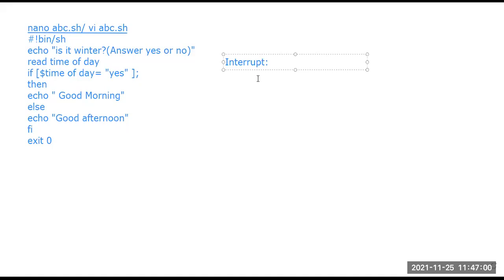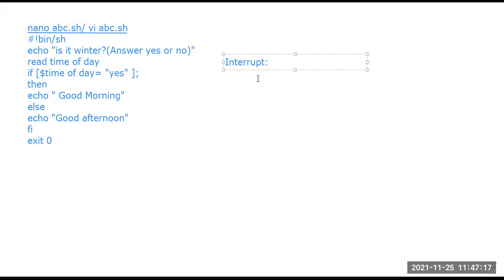So this is the process of an interrupt, which interrupts the normal execution of a flow. Basically there are two kinds of interrupt in a scenario: synchronous and asynchronous.